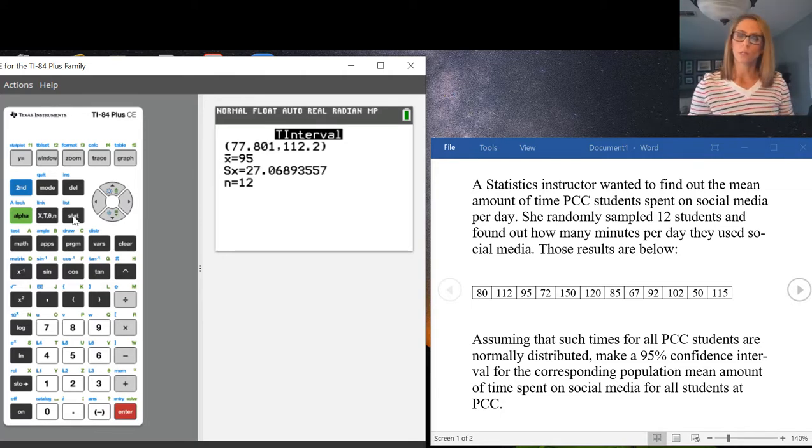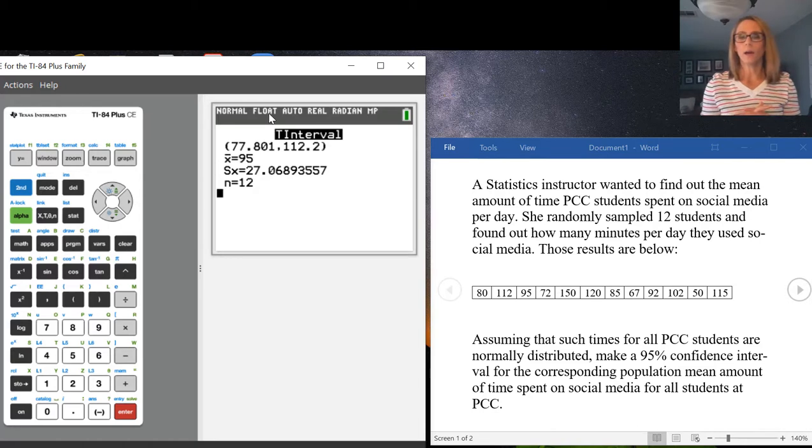So what the calculator is going to do, notice it does give us the sample mean, so it takes the values and adds them together, divides by how many. We're also given the sample standard deviation, so that's there given to us as well. Sample size we already knew was 12, but that is given to us too. At the top, of course, is the important part. That is the actual interval for this data.